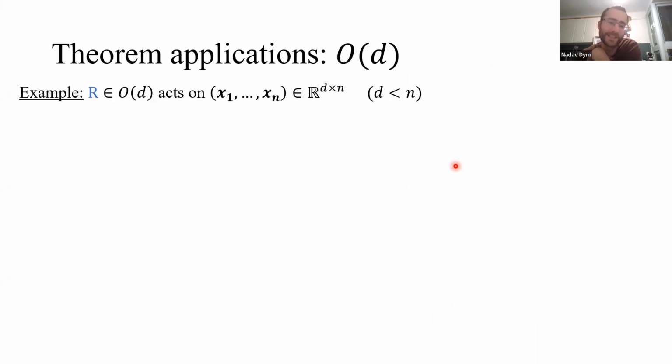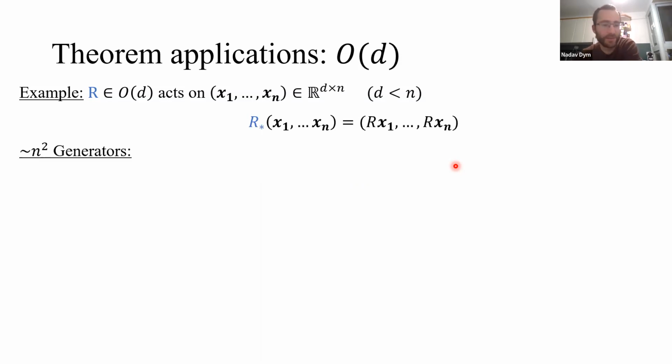So one example we had is the action of orthogonal transformation on x1 to xn, right? You just multiply all points by an orthogonal transformation. The generators there are sort of like we saw in phase retrieval. So you have the square norm of each point, and you have the square norm of the difference between 2 points. Okay, so that's more or less n squared generators, right? And then